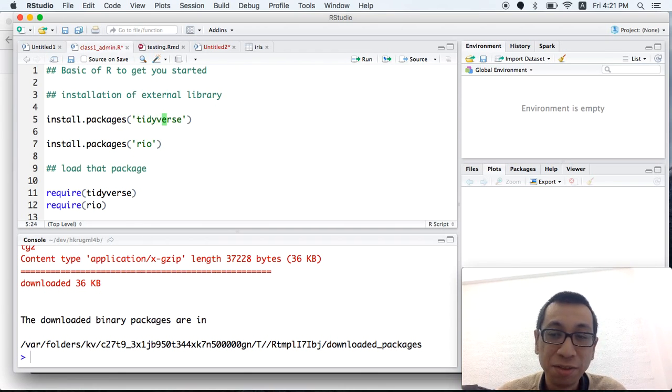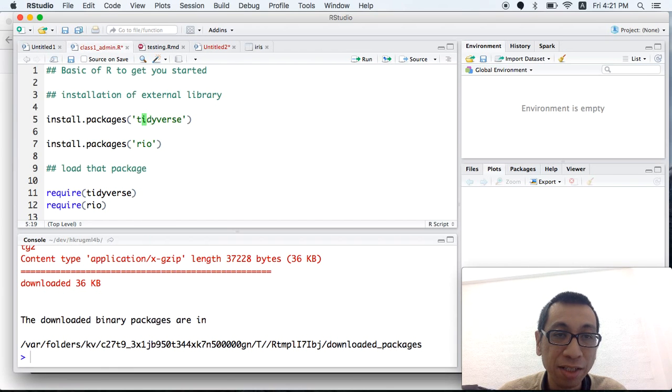A function is usually a function name followed by parentheses, and the parentheses contain something called the argument, the data that you want to supply to the function for it to work on. In this case, we want to install a package using a function called install.packages, and the data is the package that you want to install.